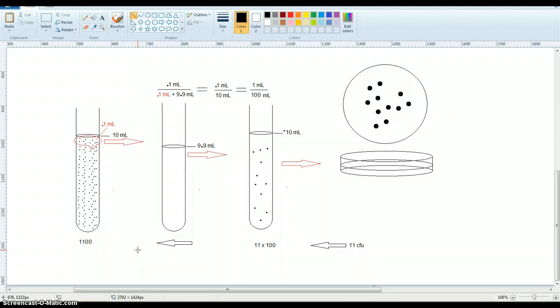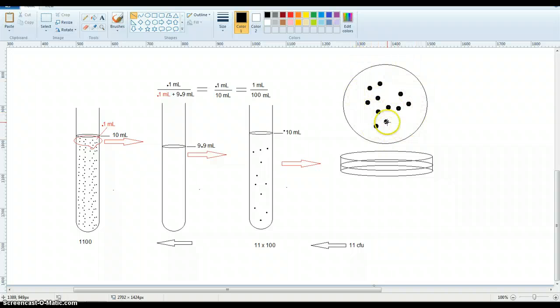In experiment 15, they go over all the different types of scenarios you can have, and they go over some even practice problems in it. The only little catch is that you can't have 11 here, right? It needs to be in between 30 and 300. So I didn't really do that correctly, but